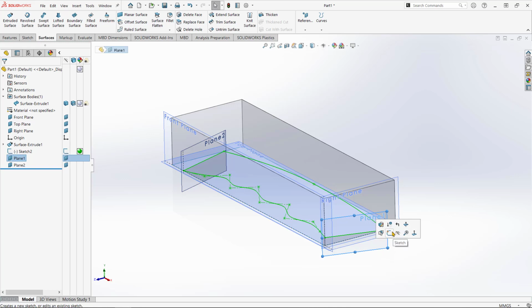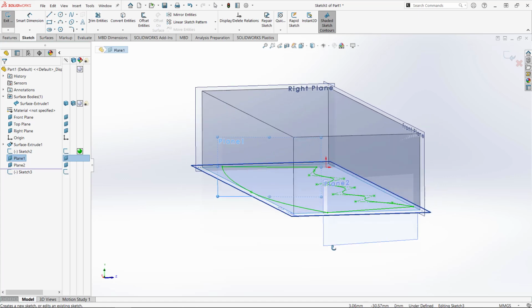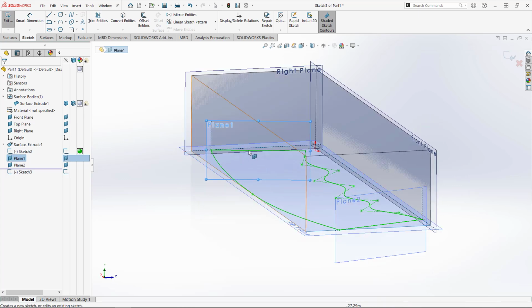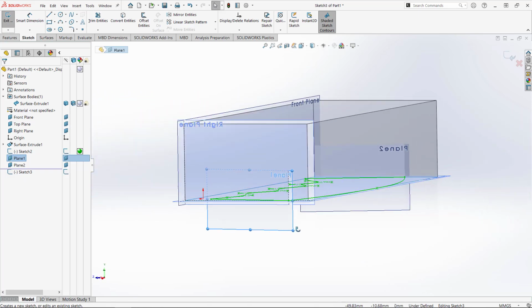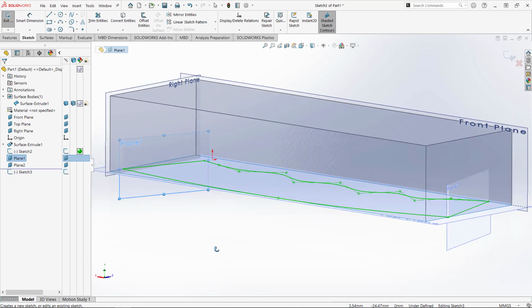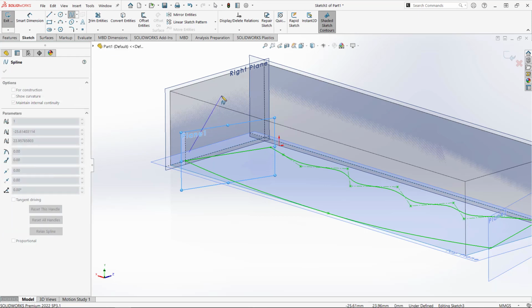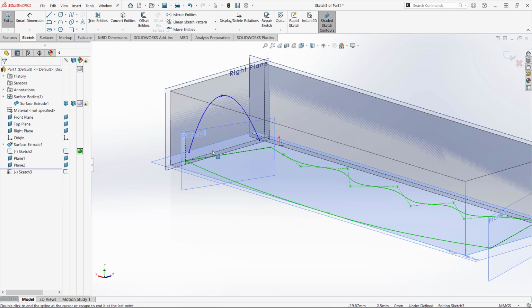So I'll sketch on this one first. Depending on how you've set your part up, you may be looking from what we consider behind the line, or you may be looking from this side, from in front of the line. It doesn't really matter, because in this case we're going to sketch at kind of a 3D angle like I'm looking at on the screen now. So I'm going to get the spline tool again. I'm going to sketch in a sort of curved shape like this, 3 points,